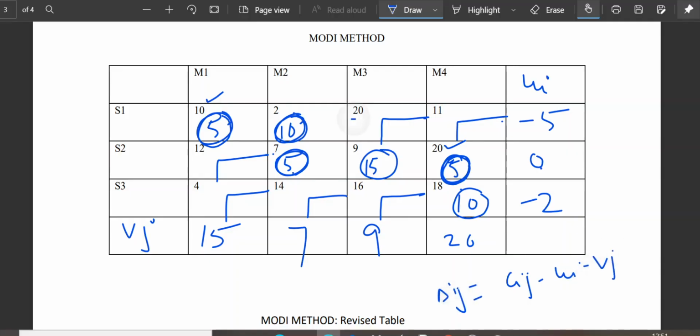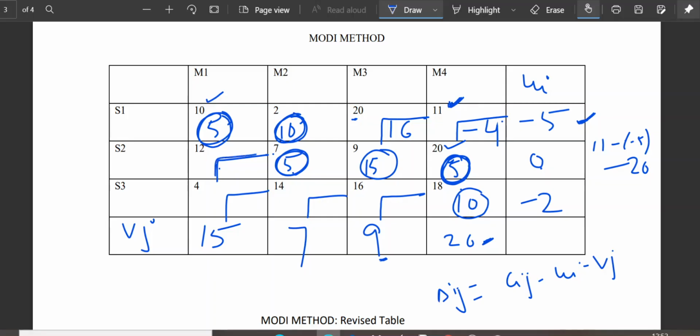So 20, the corresponding Ui is minus 5 and the corresponding Vj is 9. So 20 plus 5, 25, 25 minus 9, it is 16. Now come to this 11, 11 plus 5, 16 minus 20, that is minus 4, right?